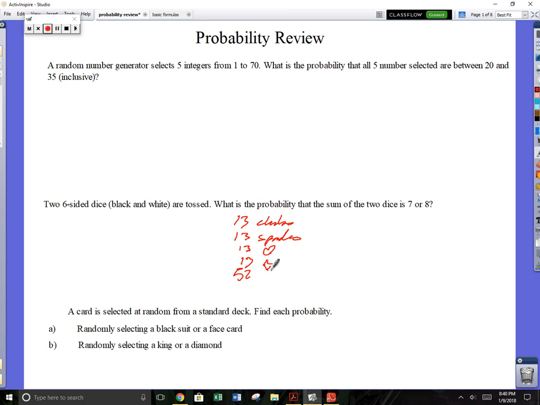And the hearts and the diamonds are red, the spades and the clubs are black. Find each probability. If you randomly select a black suit, there are 26 out of the 52, half of them are black,